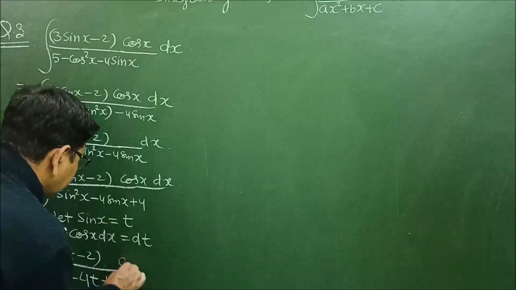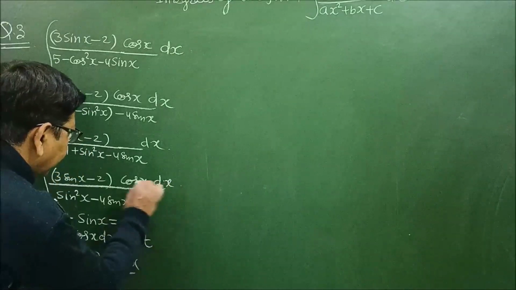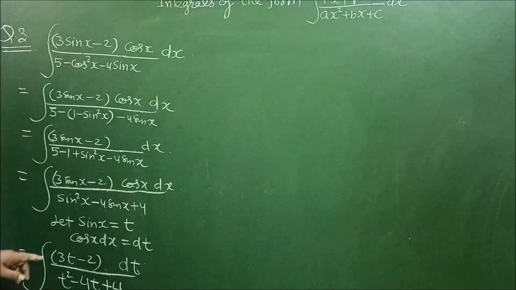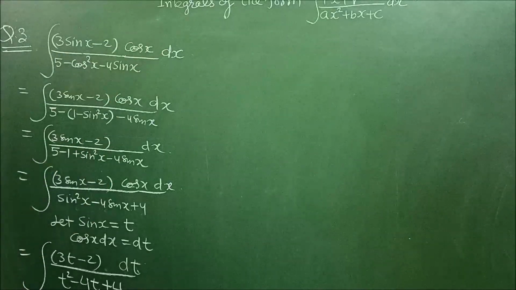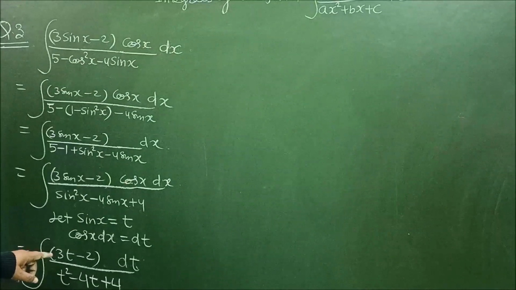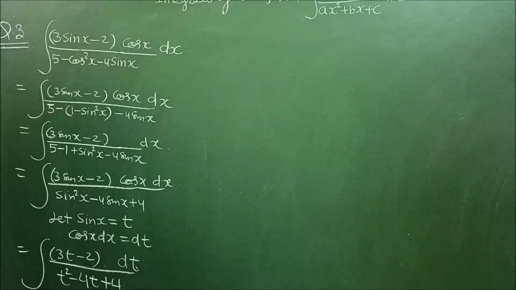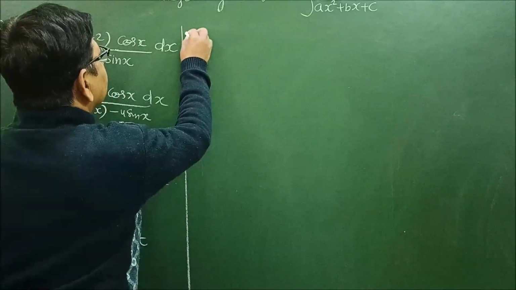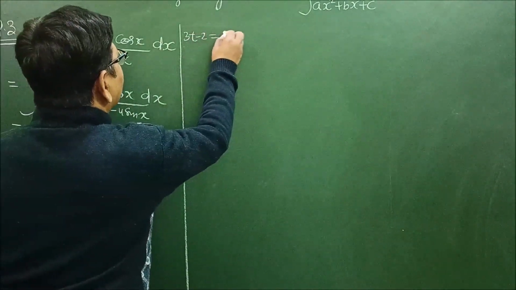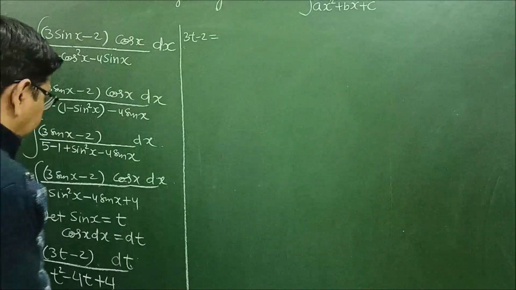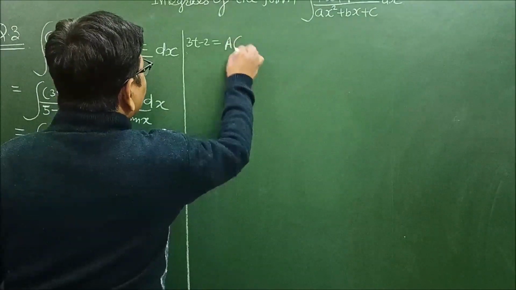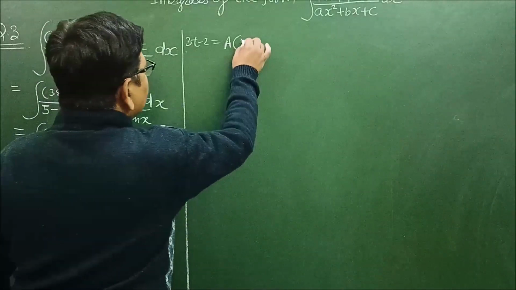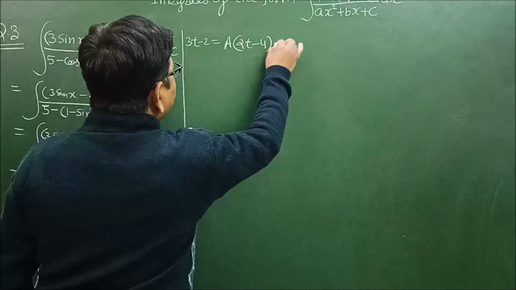dt. Cos x dx will be replaced by dt. Now this is in this form. So we can write 3t minus 2 is equal to a into derivative of the denominator, that is 2t minus 4